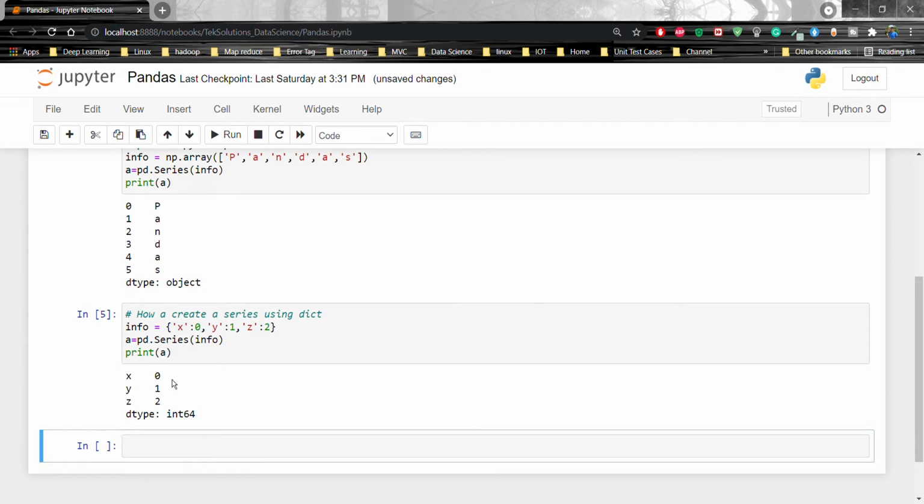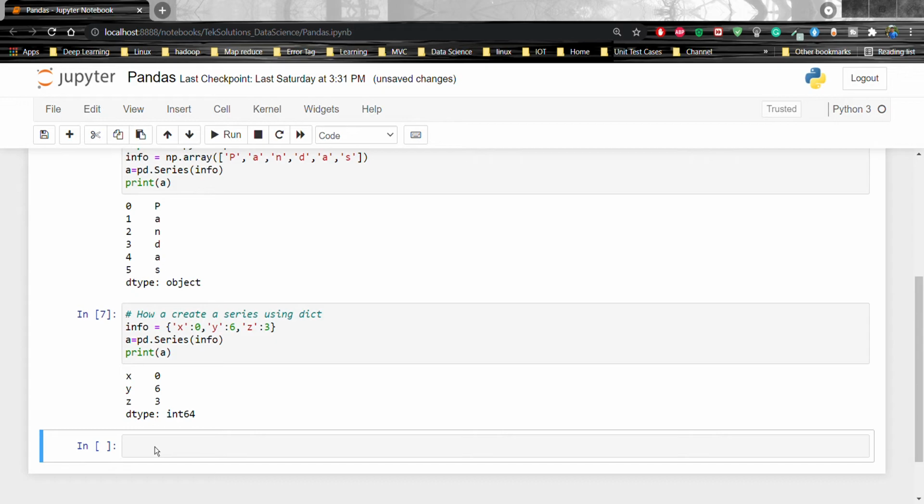Right, x will be 0, y will be 1, and z will be 2. If you pass 3, then 3 will print. Let's run and see. Right, 3 will be there. If you pass 6 here, then it will print 6.